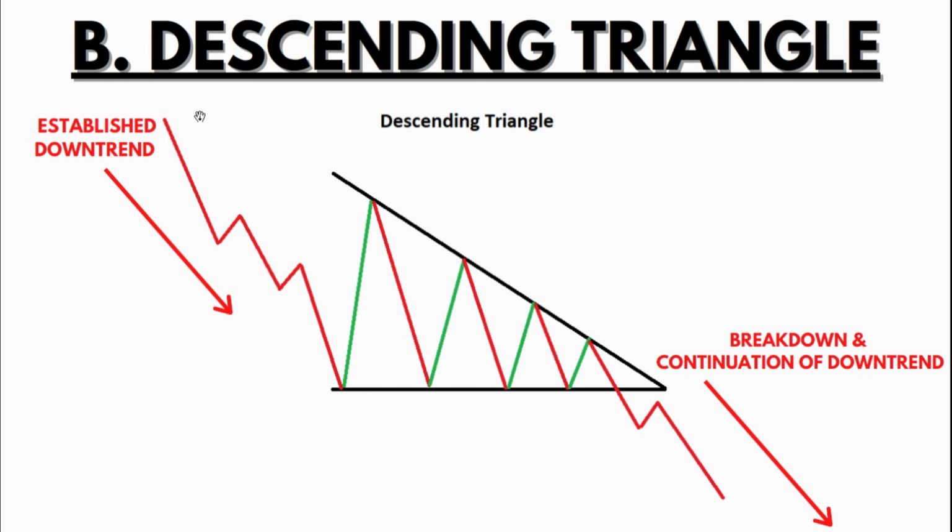So the logic is similar to the ascending triangle, just the opposite sides. So if you short sold the stock here, you will be seeing very good profits at this point. So you will start exiting the trade, and then there will be a buy order, and then buyers will enter the market, and then new, fresh sellers will enter and drive the price lower, and there will be a constant fight between the sellers and the buyers.